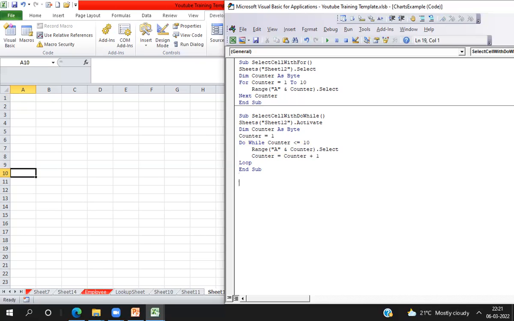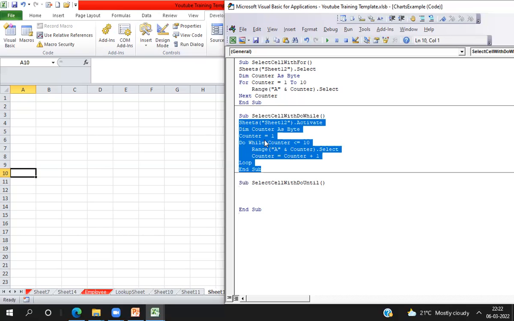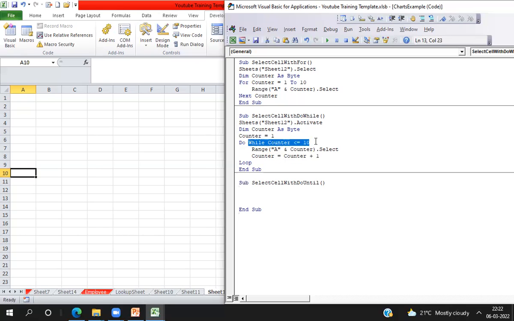So how can we do it? I need to write here sub select cell with do until. Now I'm writing the same type of code here, but I will change something. Okay. This loop is executing up to a true value, but this loop will execute up to a false value. So how can we say? You can see here I'm writing the code. First I'm activating the sheet